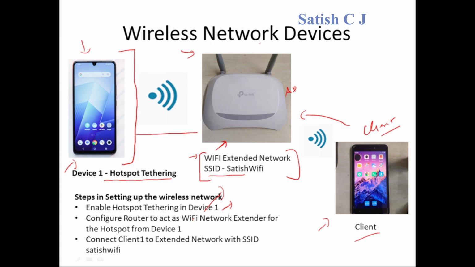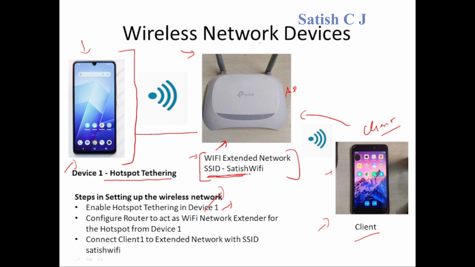So first let us see how to enable hotspot for my device 1. The next step we are going to see is how to configure this TP-Link router to act as a Wi-Fi extender, and how to enable this Wi-Fi network with the SSID Satish Wi-Fi. So this is step 2, configuring the router to act as a Wi-Fi network extender for the hotspot from device 1. And the third step is we are going to connect this client to our router. How to connect this client to this extended network with the